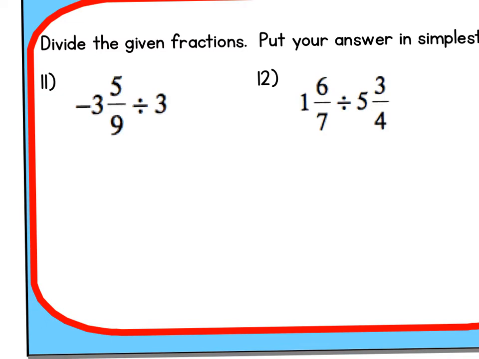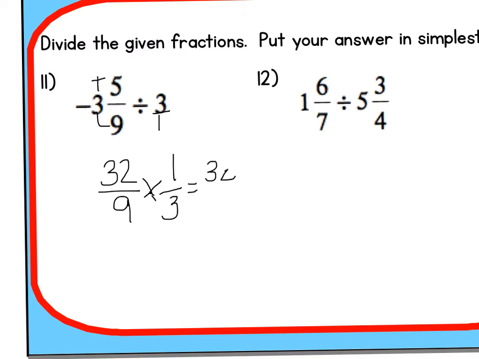Just like with multiplying fractions, before we can do anything with mixed numbers, we must change to improper. So 9 times 3 is 27, plus 5 is going to give us 32 over 9. And right now, it's divided by 3 over 1, so I'm going to flip the second and multiply. If I look here, 9 and 1 can't reduce, 32 and 3 can't reduce, so I do top times top,